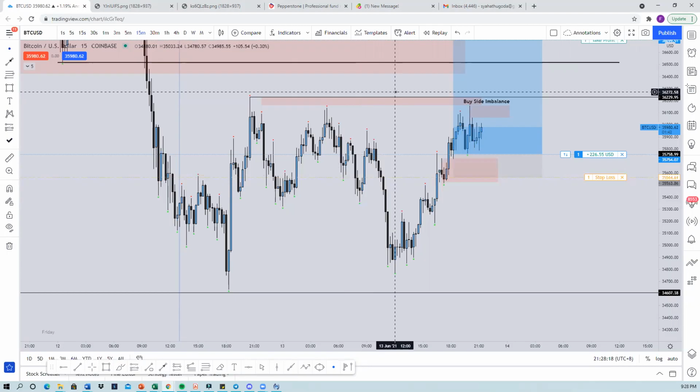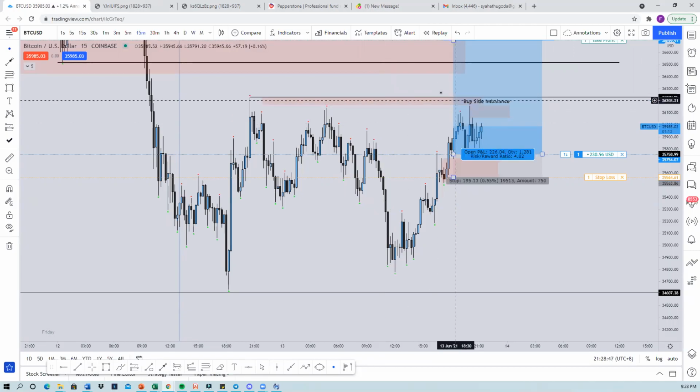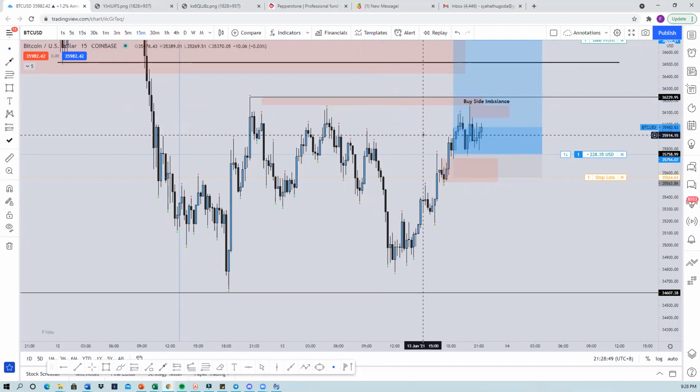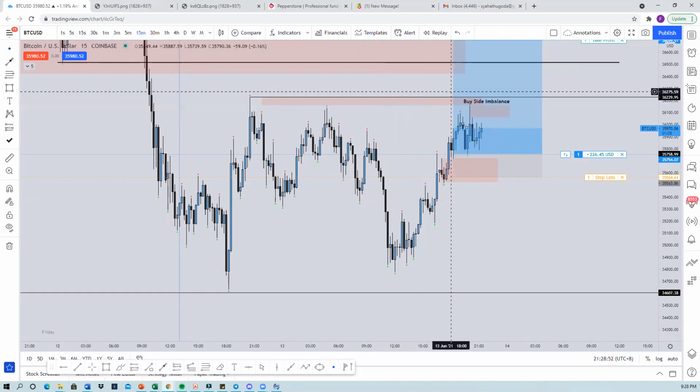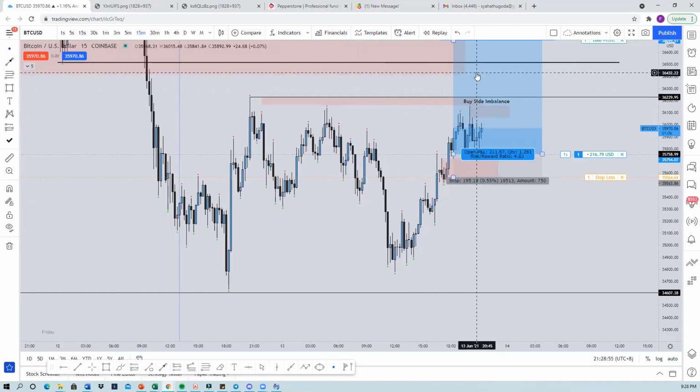Look, it's not a game where you say retail stops are here, this is where retail psychology says they should sell, they should buy. That's all nonsense. Sure, they buy and sell over there, but someone tell me: let's say I start the hedge fund soon and I have millions and millions of dollars under management. If I see Bitcoin coming over here and I think, people are going to be selling over there, so I'm going to buy,